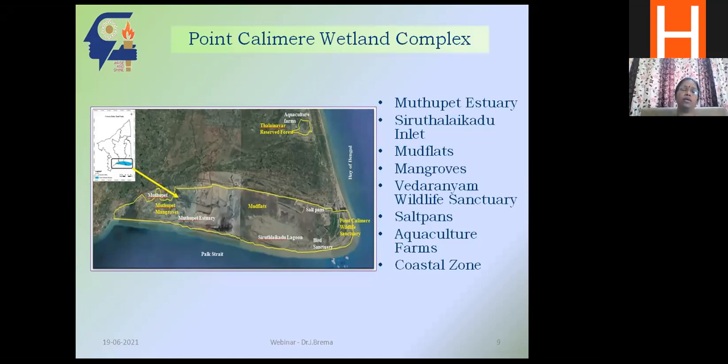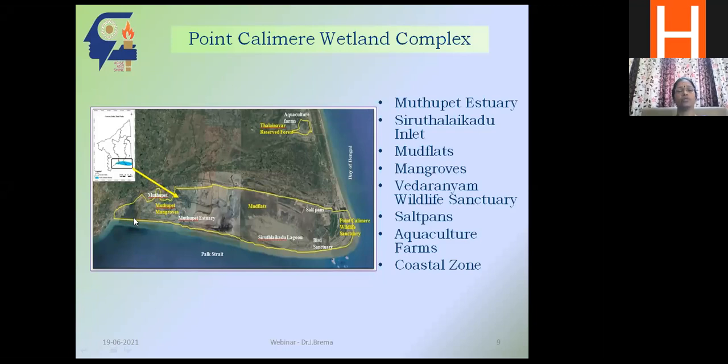That was one problem, and we didn't have sufficient inflow into the estuary or this lagoon, because this is a highly cultivated area. Whatever water they were getting, they were closing the sluice and not allowing the fresh water to flow into this. So this assessment we made. But of course, during flood time, the sluices will be opened and this area will be completely flooded. So again, during flood it will be submerged. During summer there will not be sufficient water, and mangroves didn't get optimal salinity for good growth.